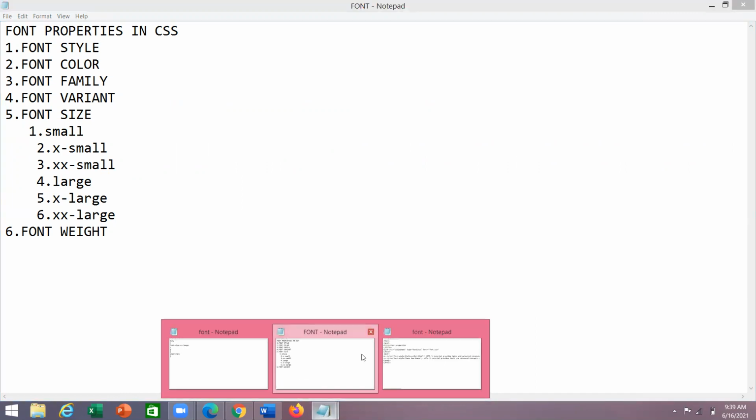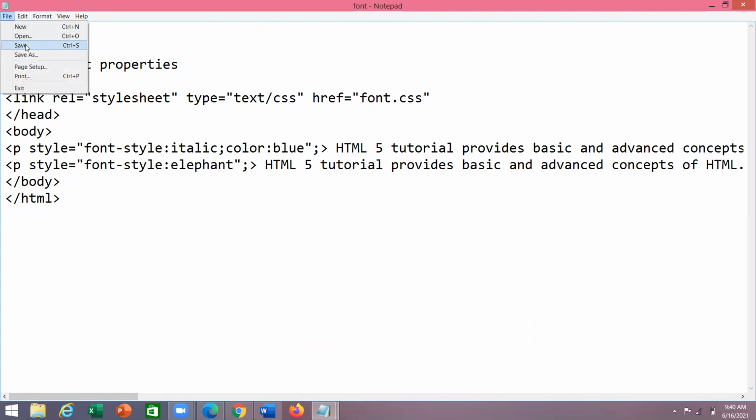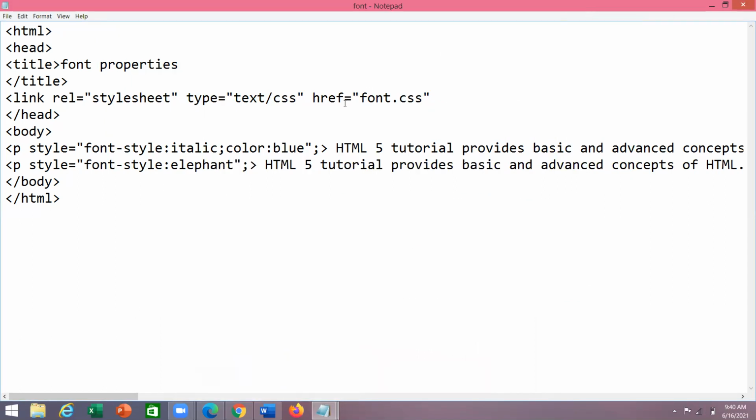So here I'm taking italic, and here I'm taking elephant. File, save, and refresh.